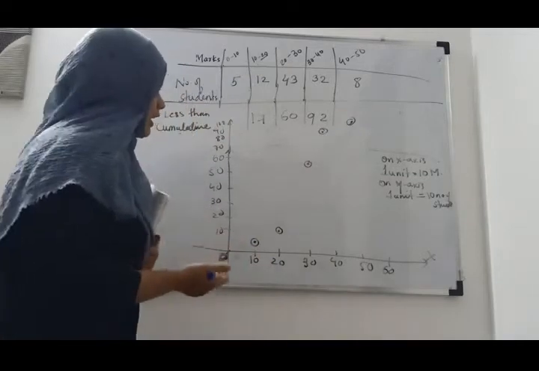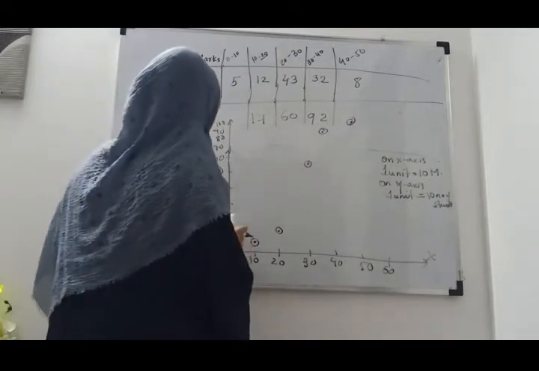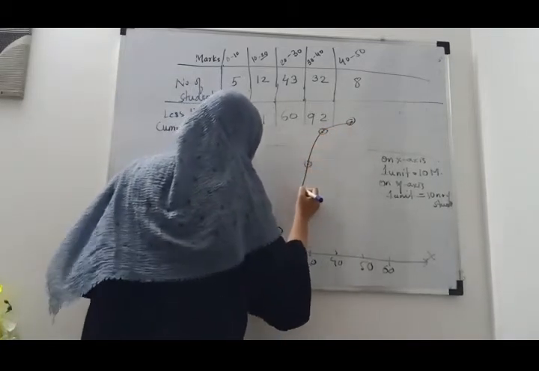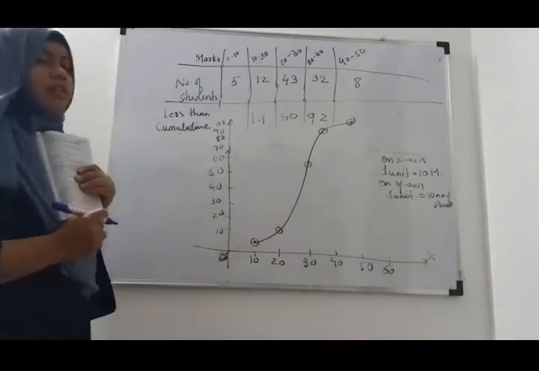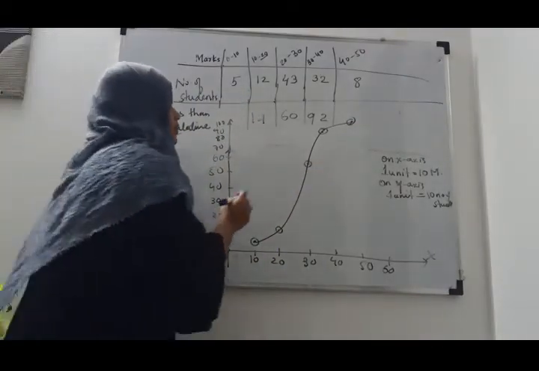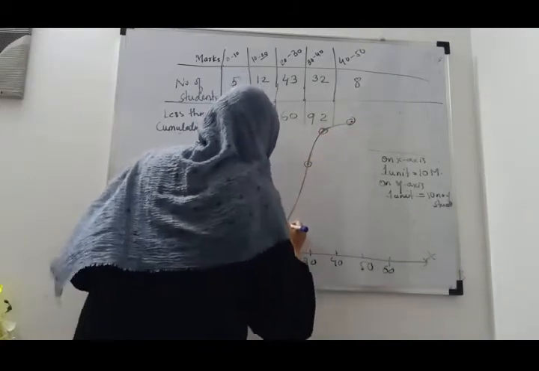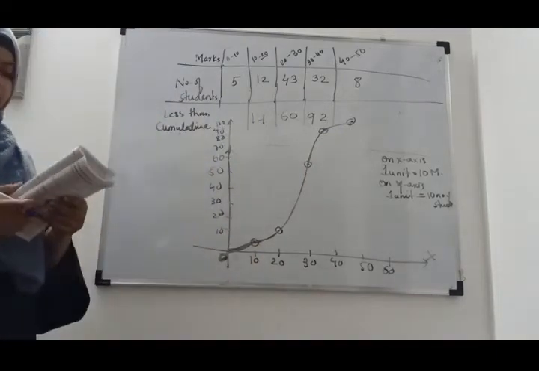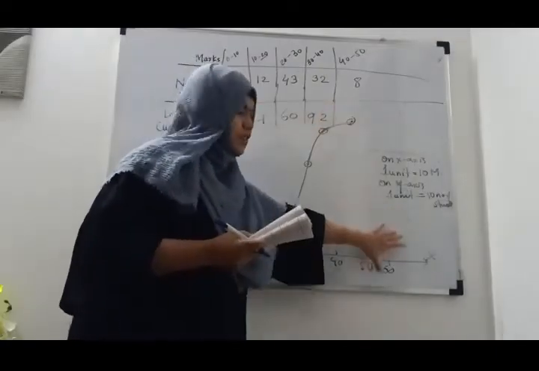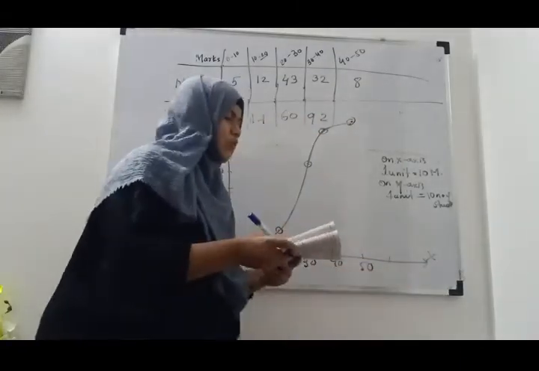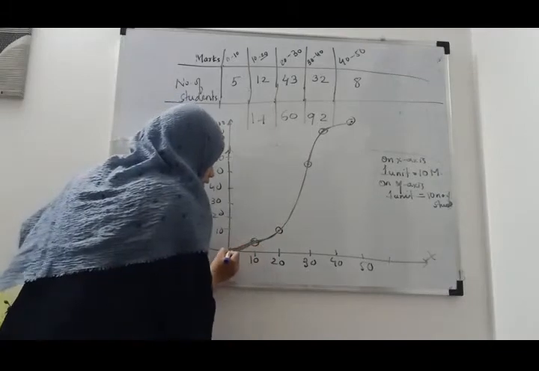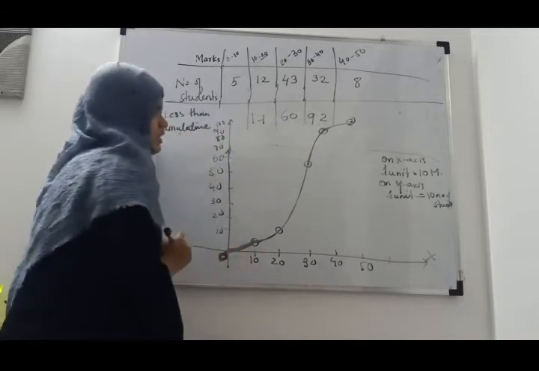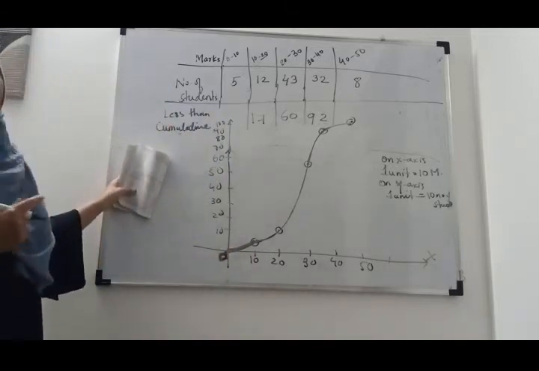Okay, and now we'll join the points by making a smooth curve. Okay, and also here we will join it at 0, but here we will not close this figure. Here we have to end till 50 only, we have to only take the 0 because we have to start, that's why we will take the preceding class as a 0. So this is your less than cumulative frequency curve.